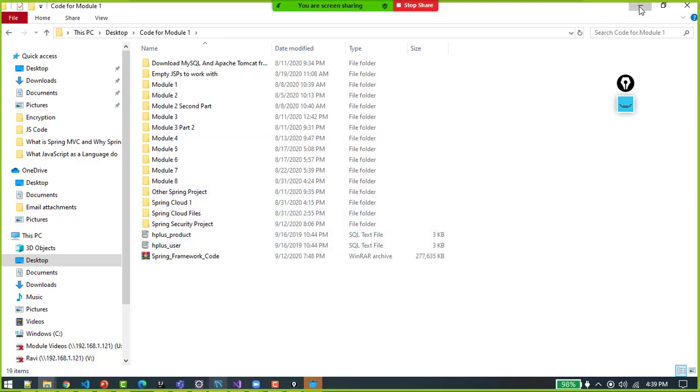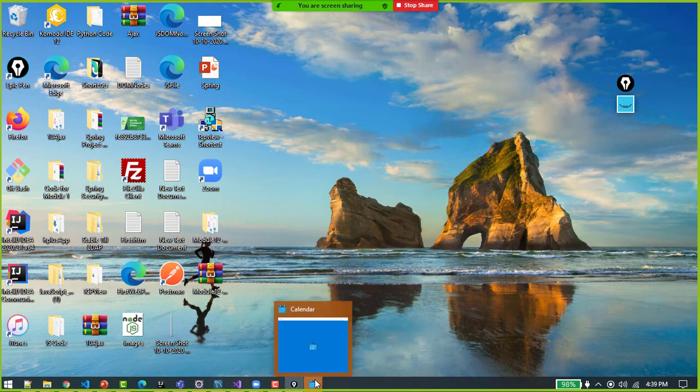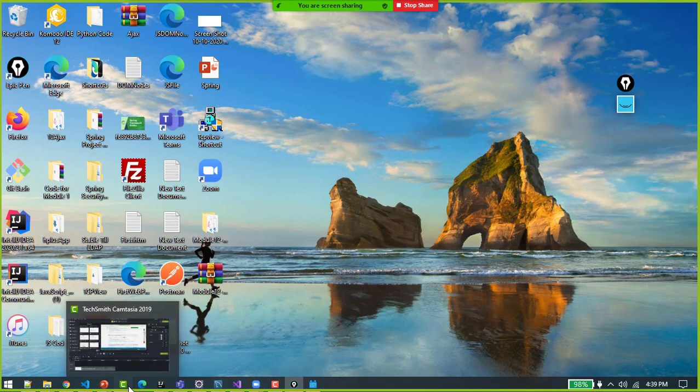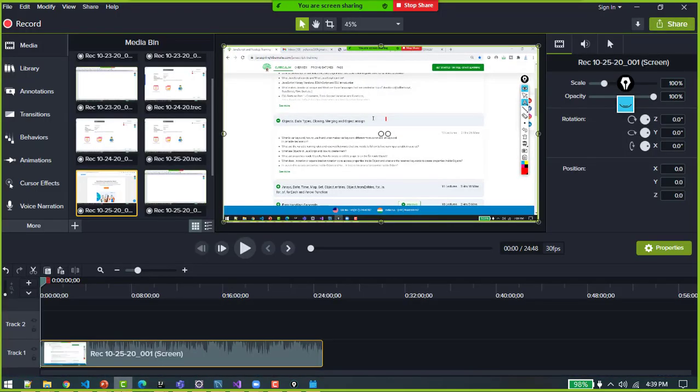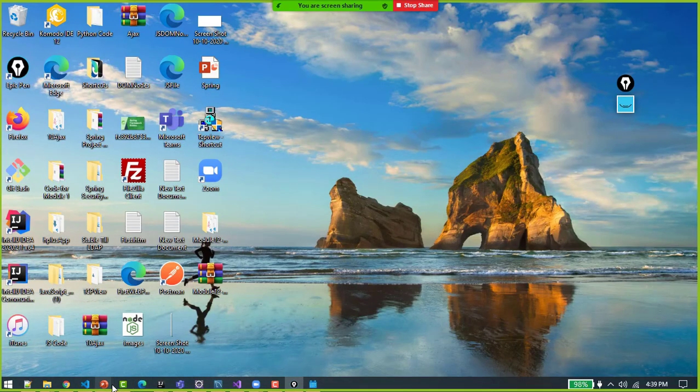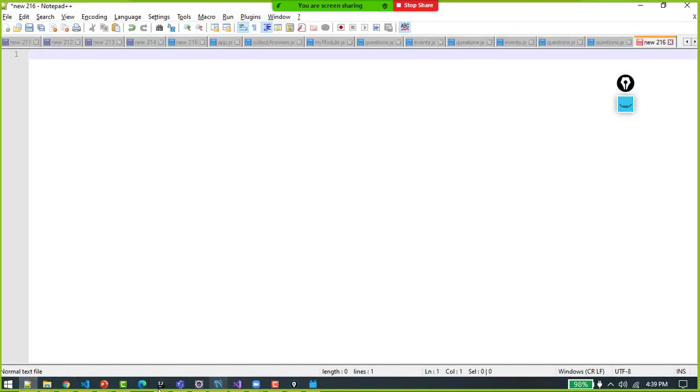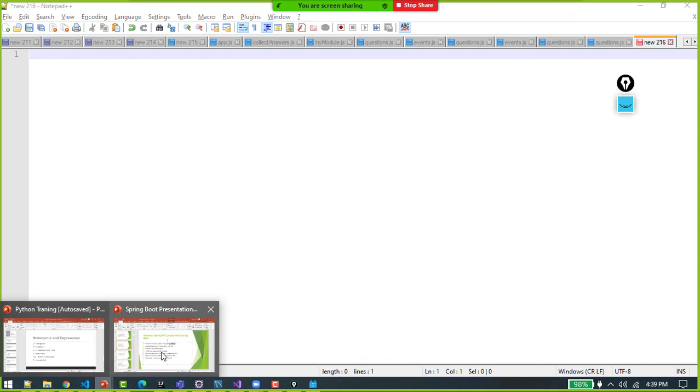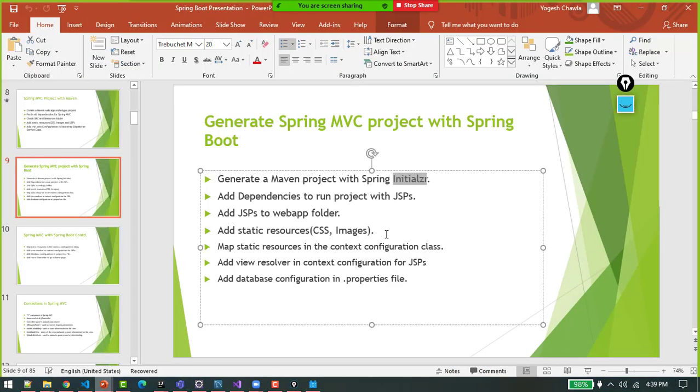So once you download MySQL, you'll be able to establish a database and you'll be able to create tables. That is required if we are using any database configuration.